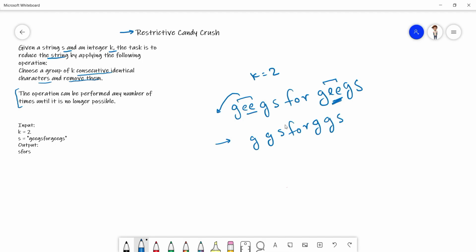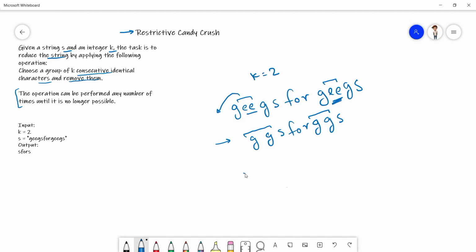Now we check again if K consecutive identical elements are possible. We find that it is possible here as well as here. For K equal to 2, we get it here and here also. So now we delete them also.